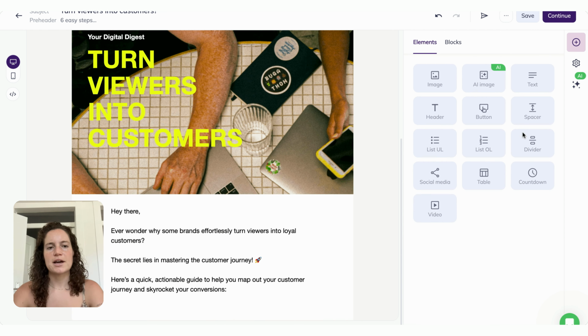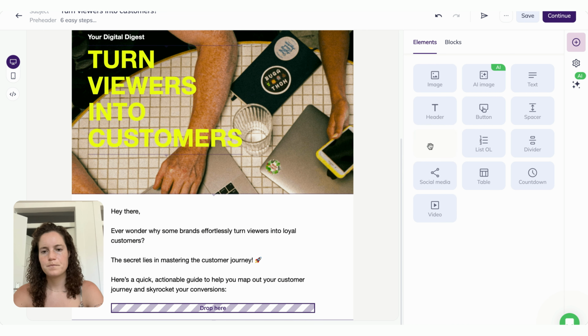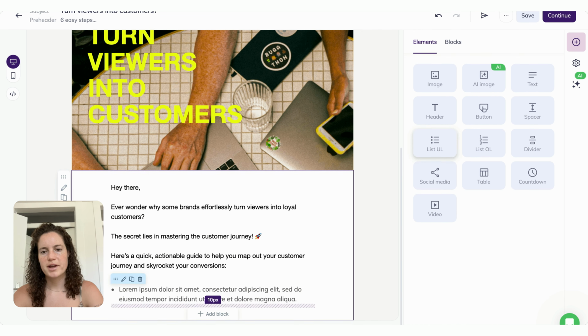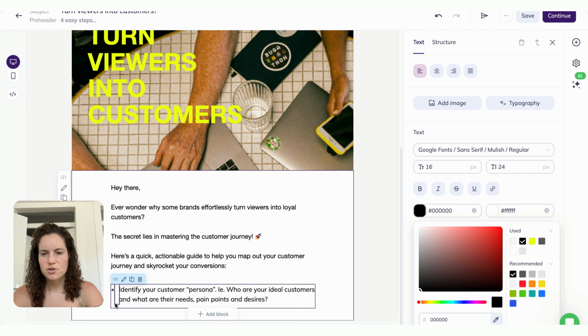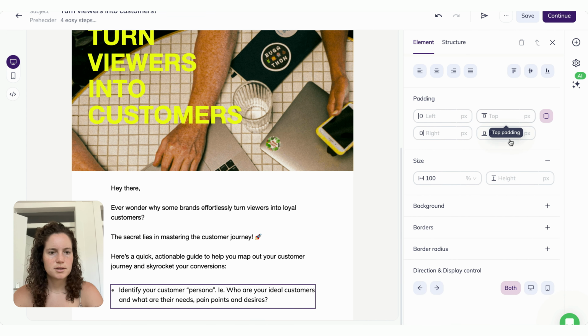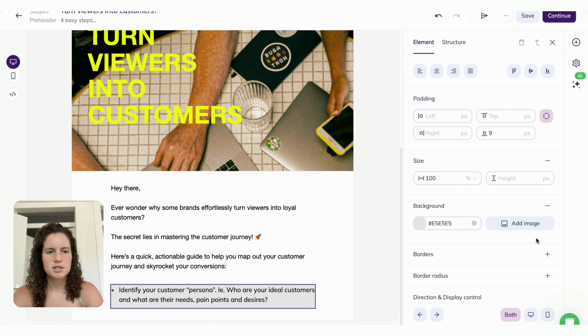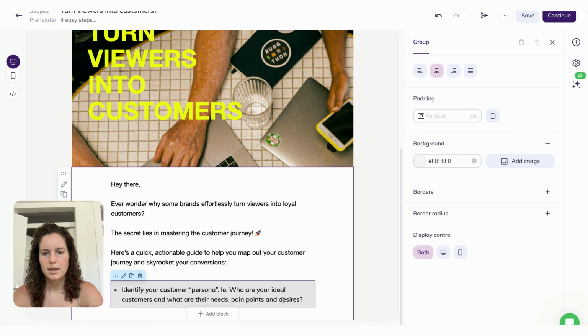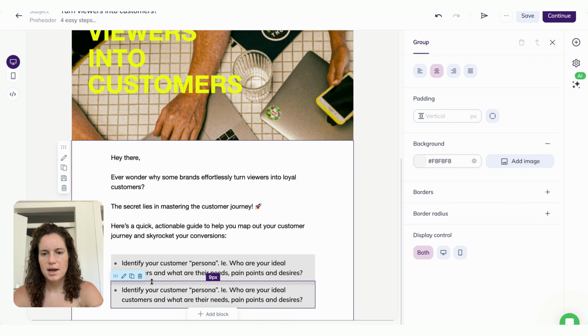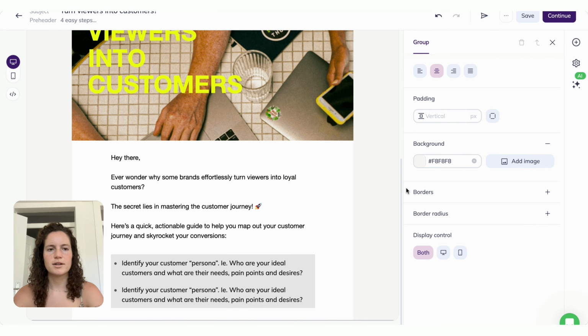So what I want to do is actually use this list item to create the step-by-step points that I have. And then I want to see if I can change the background color. So let's see. Okay, I wanted it to be gray. I can add some padding on the left and right, as well as the top and bottom. Okay, lovely. Okay, then I want to copy this, and I want these blocks to have a little space between